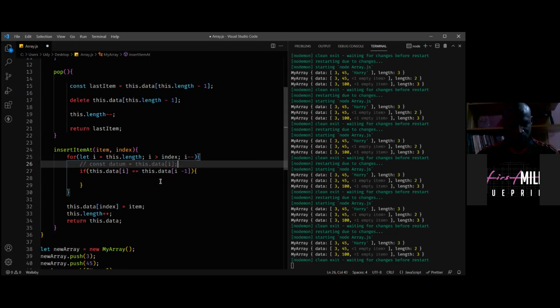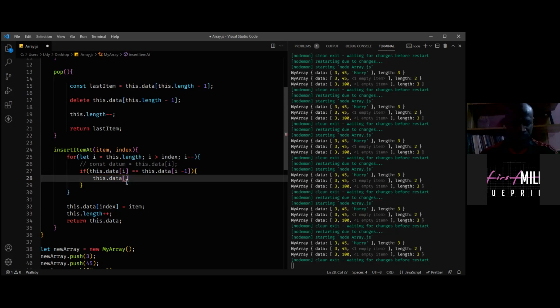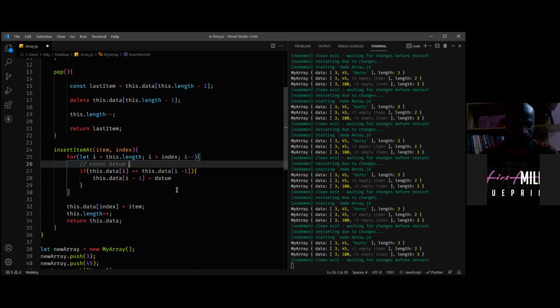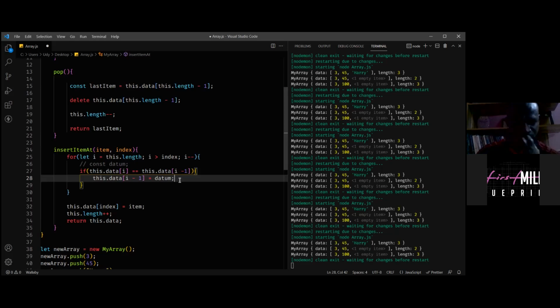If this is equal to this, let this.data[i - 1] be equal to data.